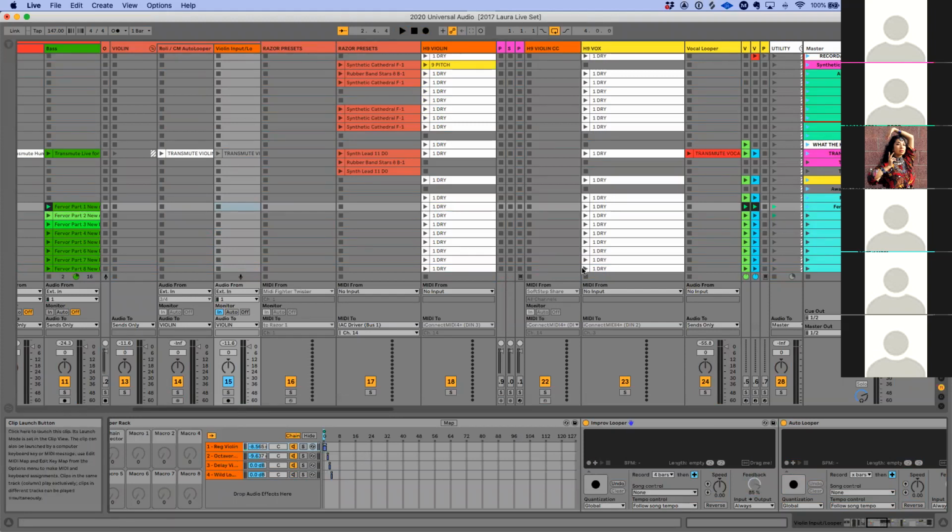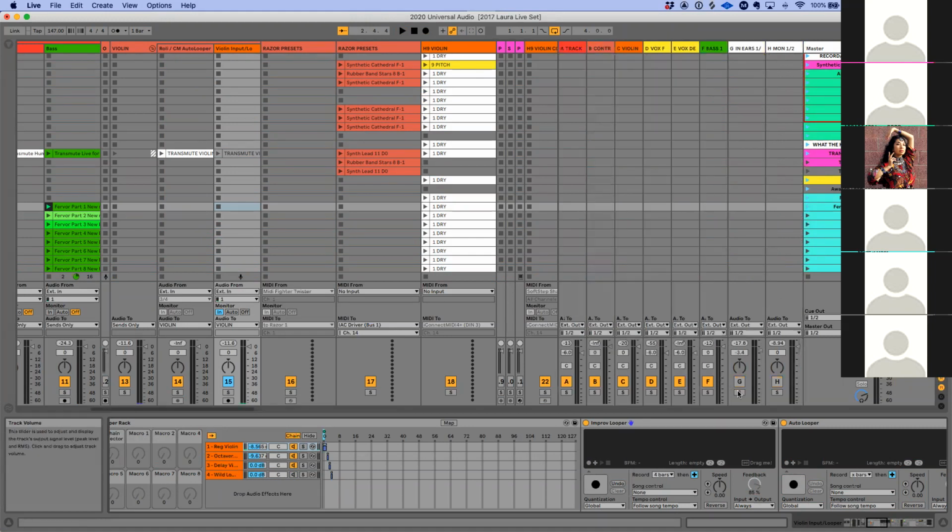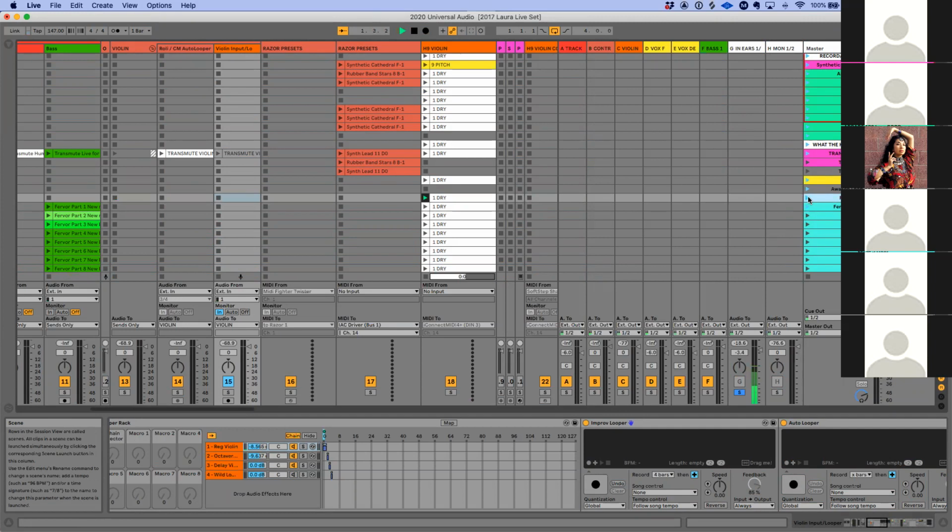So the way that I have this routed, and you guys are going to hear, I'm going to just solo my in-ears here. So let me know in the chat if you can hear a click. Yes, awesome. Okay, so I'm just letting you guys hear my click right now, just so you can hear what I normally hear during my show, but obviously the audience isn't hearing that. So usually I have this set to a different output, which is just my in-ears, but for today's purposes,